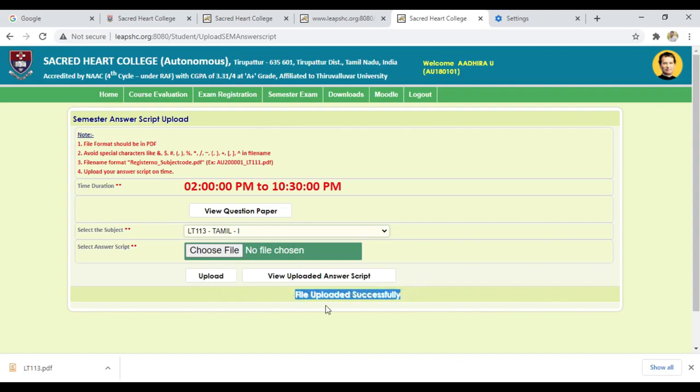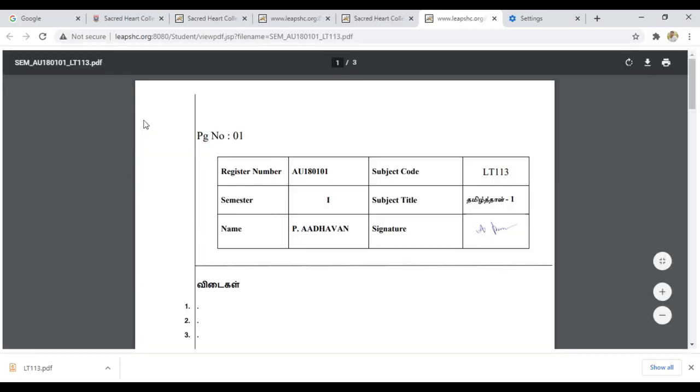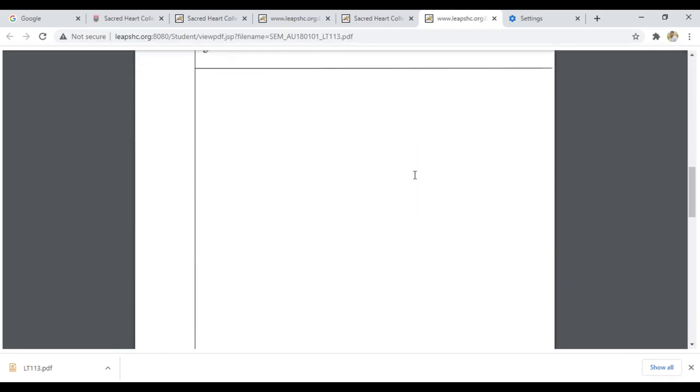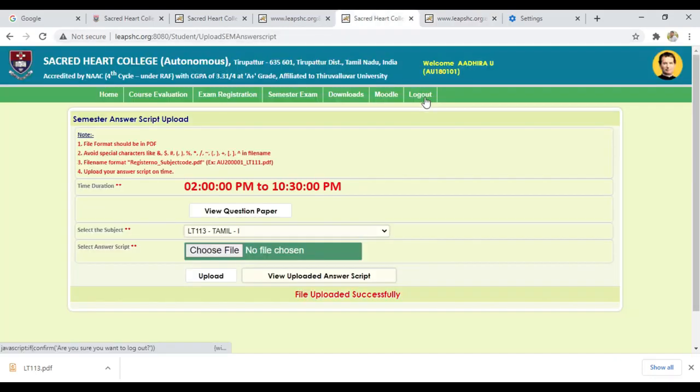After this, you can click the option view uploaded answer script, and you will be able to see the answer script that you have just now uploaded in the website. Check it once again thoroughly, and once you are done, you can click the logout button in the web page.